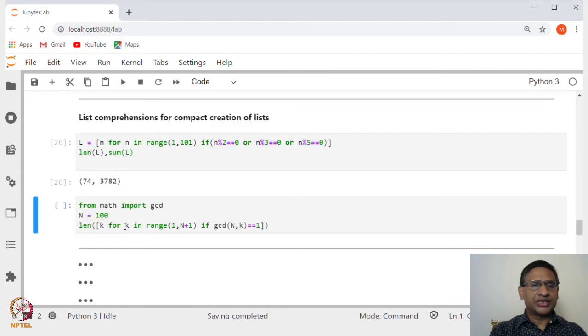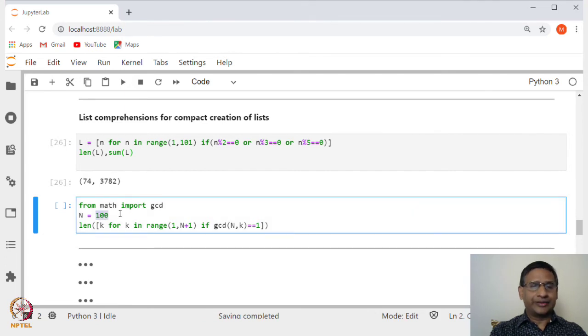Similarly, let us say I want to print all those integers between 1 and 100 which are co-prime to 100. Co-prime is the same as saying the GCD of that number with 100 should be equal to 1. Two integers whose GCD is 1 are known as co-prime to each other.